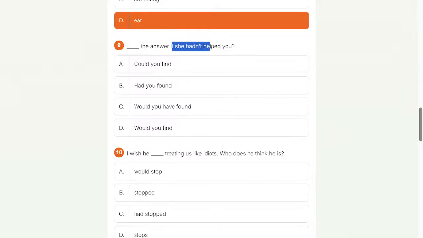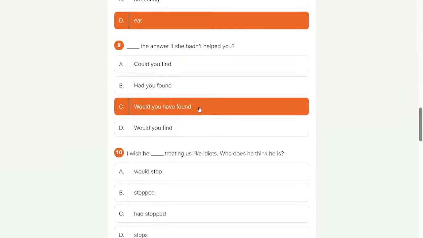Maybe it's mixed conditional of second and third, or just simple third conditional. I just don't remember the structure of third conditional. Something like past perfect plus would have, could have. So I choose this option.